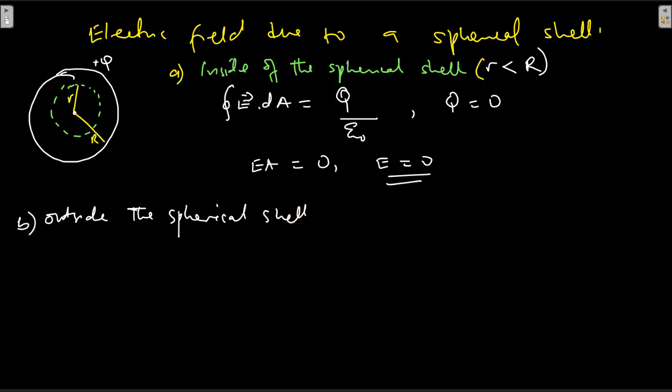In this case, we'll draw a Gaussian surface that covers all the outside of the spherical shell. Let us suppose now that this is a Gaussian surface of radius small r still, so outside the spherical shell corresponds to a radius that is greater than the radius of the sphere under consideration. So by Gauss's law,